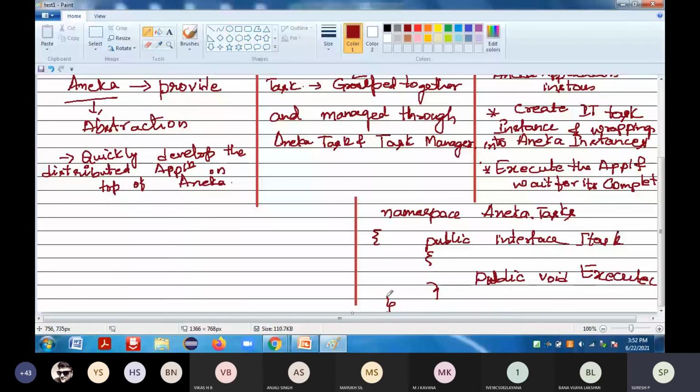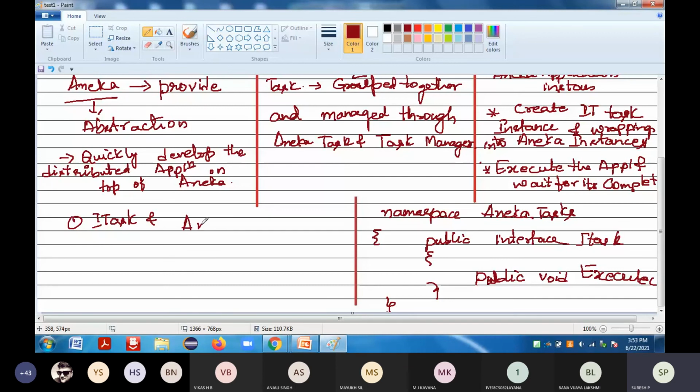So from now onwards, that is one component. Next, it will have the control of task execution. Once the task execution is going to happen, next I have to do the file management. After file management, you are going to have the task libraries. Next, we are going to have the web service integration. So these are the several procedures which you need to have. The first one is your ITask and Aneka task. We have to differentiate between your ITask and Aneka task.